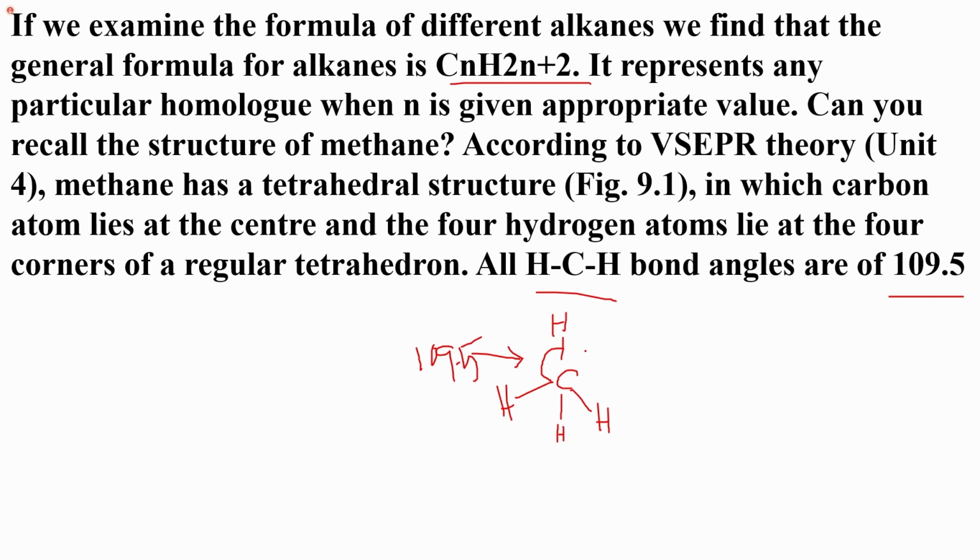109.5. So if we examine the formula of the different alkanes, we find that the general formula for alkane is CnH2n+2, for a particular homolog when n is given an appropriate value. Can you recall the structure of methane according to VSEPR theory, unit 4? Methane has a tetrahedral structure in which the carbon atom lies at the center, and the four hydrogen atoms lie at the four corners of the regular tetrahedron. All H-C-H bond angles are